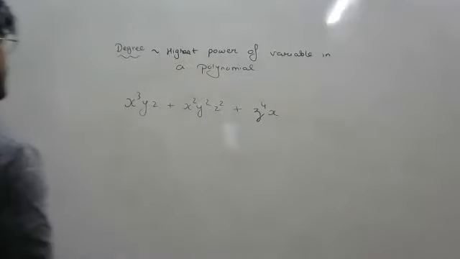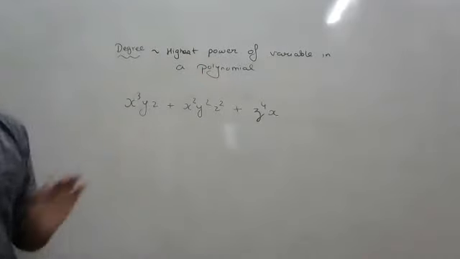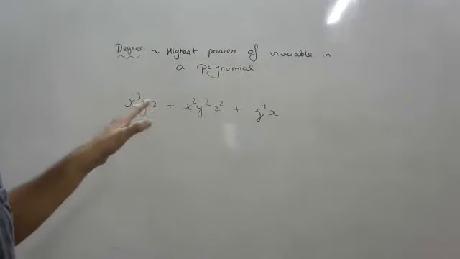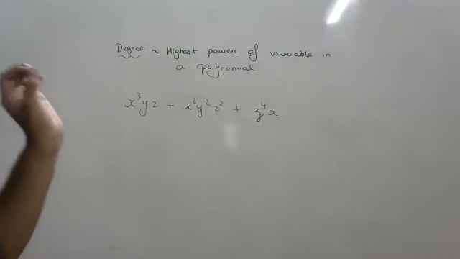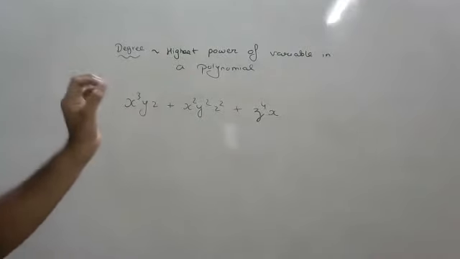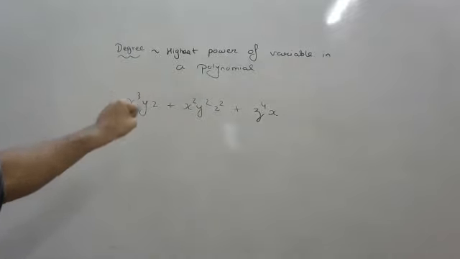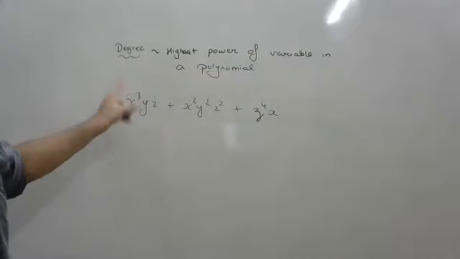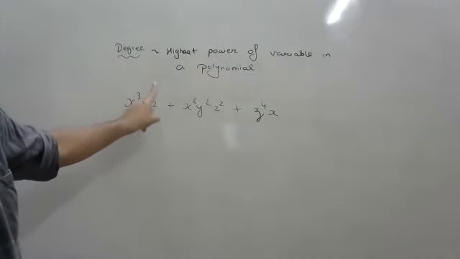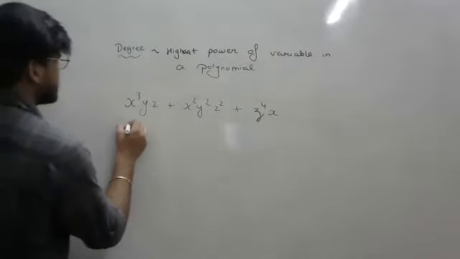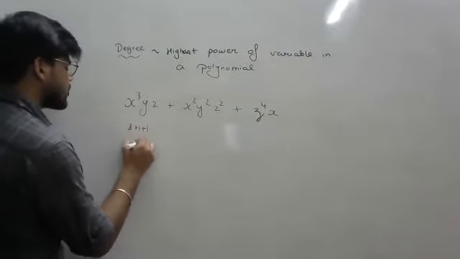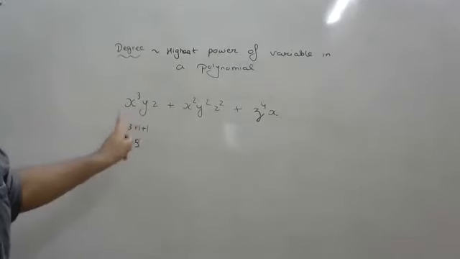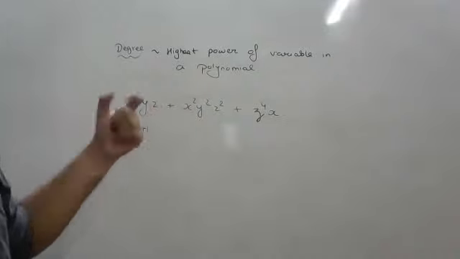Now understand, when you're having more than one variable in multiplication, here the first term is x cubed yz. That means they are in multiplication. So you have to add the powers of all the variables in a particular term. In this first term, you have x raised to 3, y raised to 1, and z raised to 1. So you have 3 plus 1 plus 1. The total power of variables will be considered 5. You have to add the powers of variables in a single term.